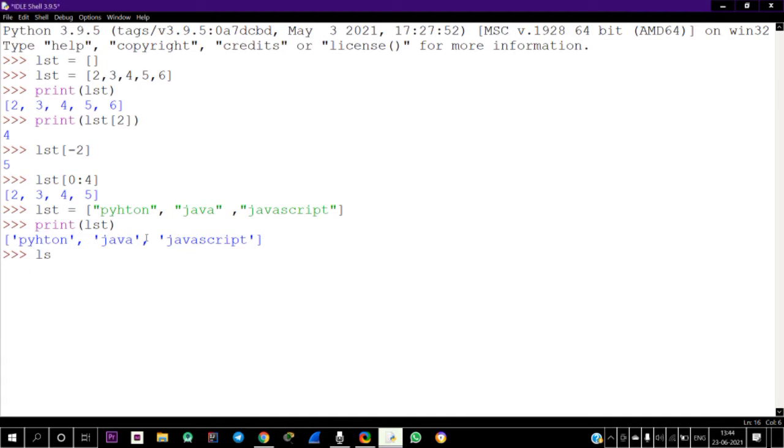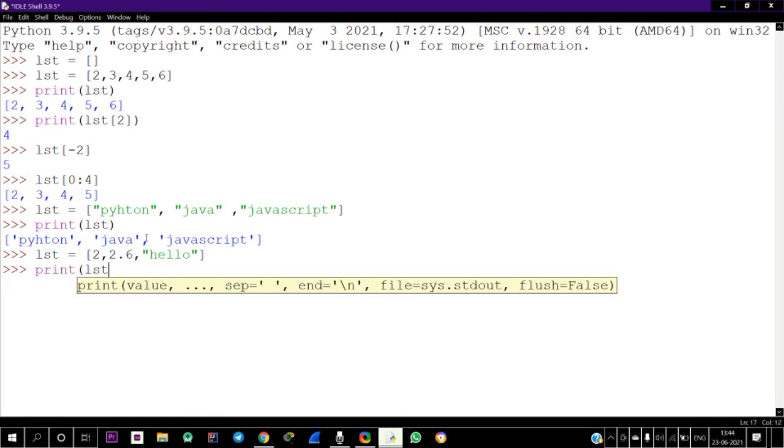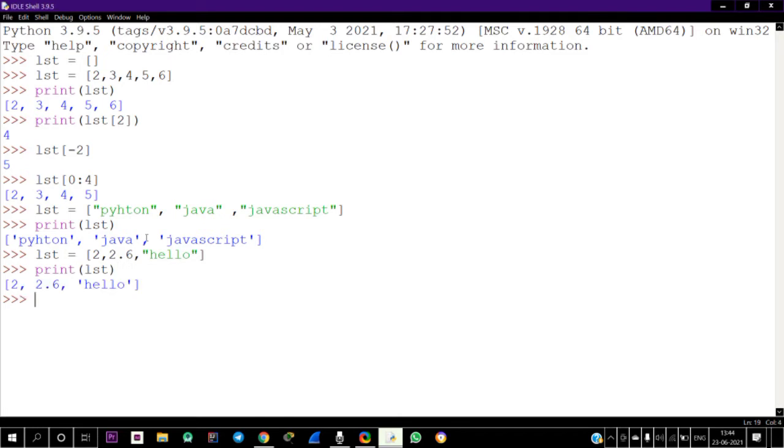I have given a list lst equals a normal integer 2, a float number 2.6 and a string hello. So we can store different data types in a list. If I print this list, we got the values 2, 2.6 and hello.